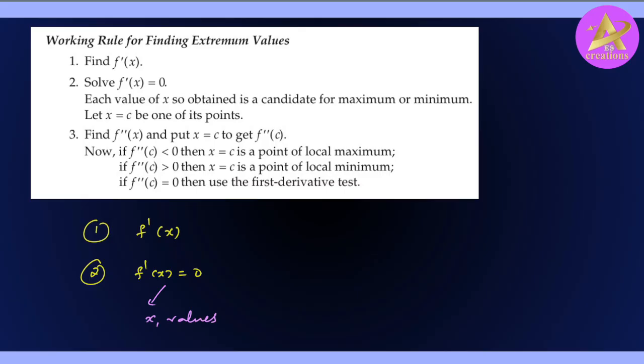Whatever x value we get, again we have to differentiate the derivative. We get f double dash of x. Whatever x values we get from here, substitute in the double derivative. f double dash, in place of x replace whatever x value we got, here x1. If this value is greater than 0, then we say that this x1 is called the point of